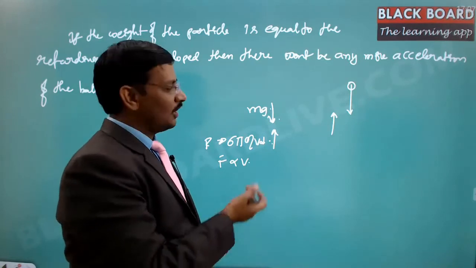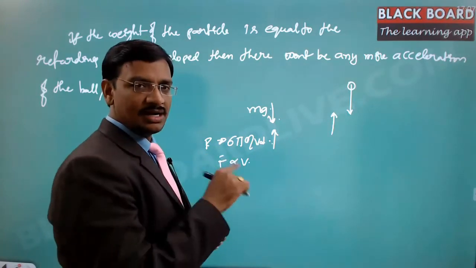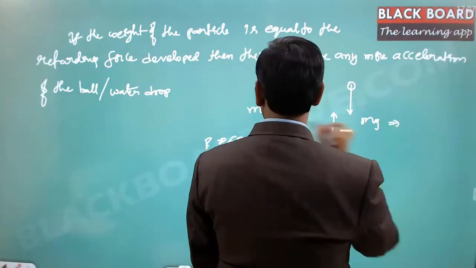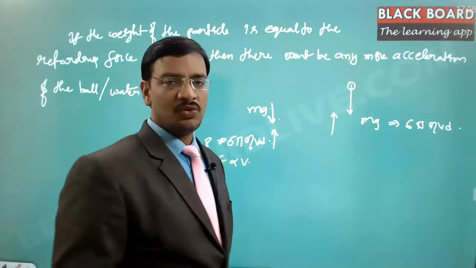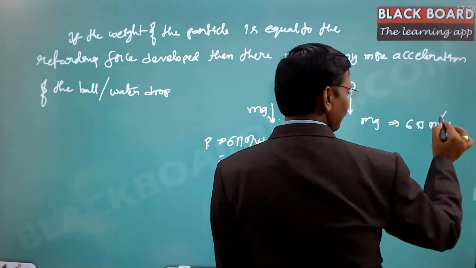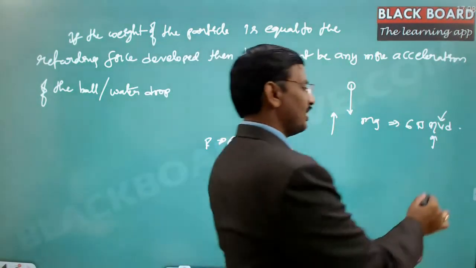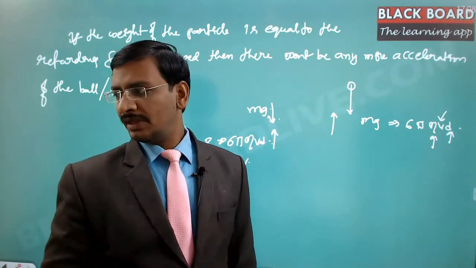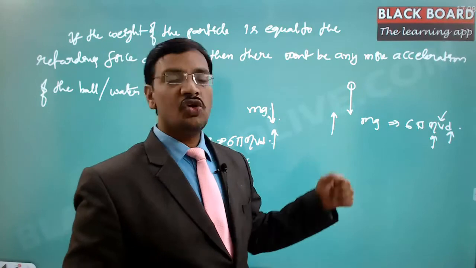Obviously it is expected that if you keep on raising the velocity, there will be one instant where the velocity is such that the retarding force and the weight are balanced out automatically. So mg and 6 pi times eta into v into d have to be equal at one point. And when it is equal, let us say it has a certain velocity. If you notice, the viscosity of the air is constant and the diameter of the ball is constant, so the only factor responsible for raising the retarding force is the velocity. So now if these two are equal, the velocity won't be raised further.